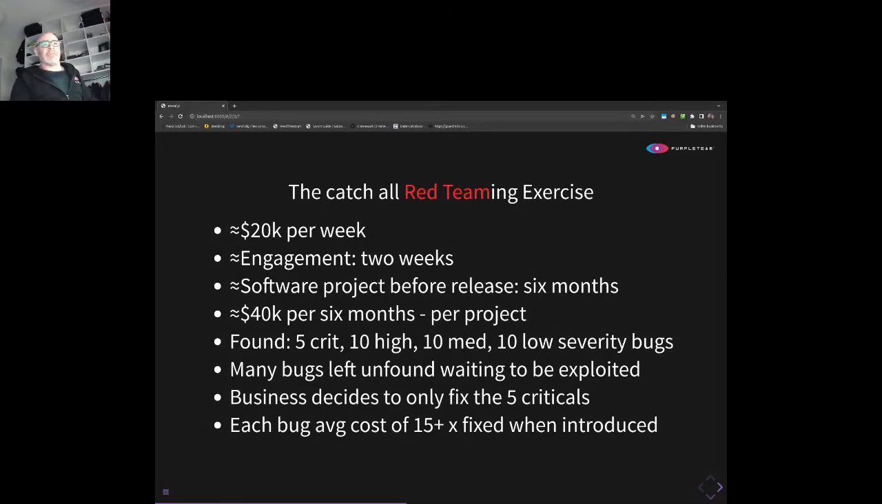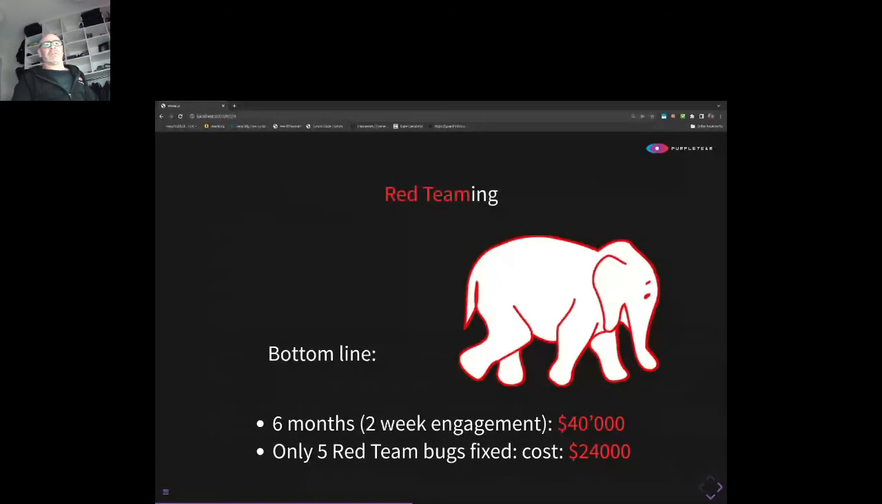So that's 5 bugs times 15 times 320. That's basically 2 developer hours, and you're coming out with a figure of 24,000. So the bottom line is, for a 6-month development project, that's a 2-week engagement. That's going to cost you $40,000, and only 5 red team bugs are going to be fixed at a cost